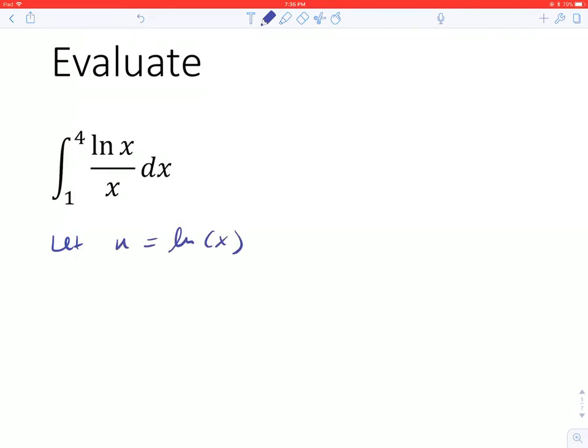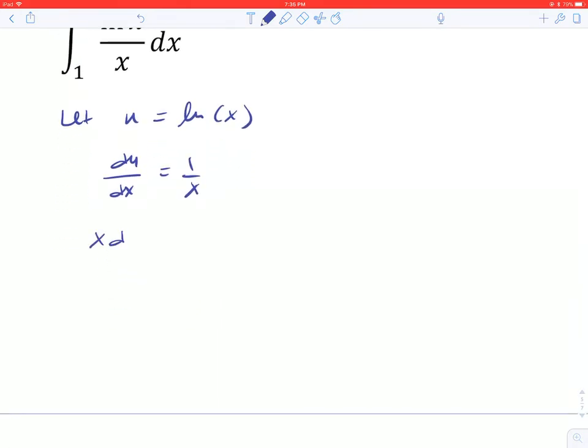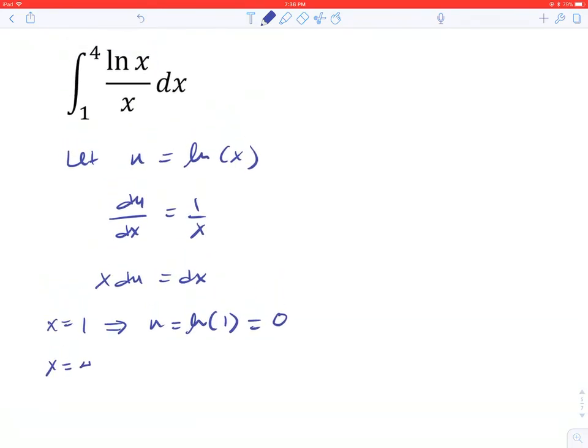Okay, last example. Let's let u equal to ln of x. So du over dx is 1 over x. So we have x du equals to dx. Finding our new limits of integration. Ln of 1 is 0. Okay, so we'll have the integral from 0 to ln of 4